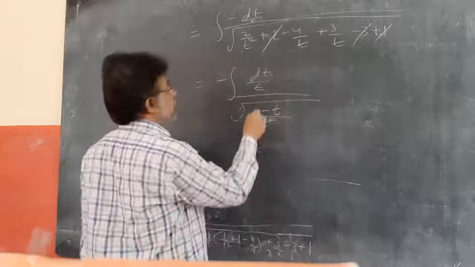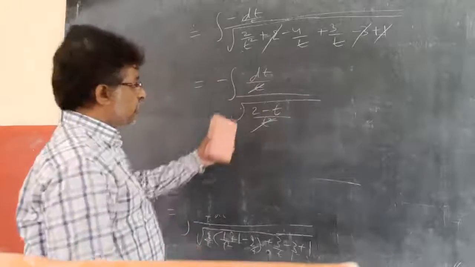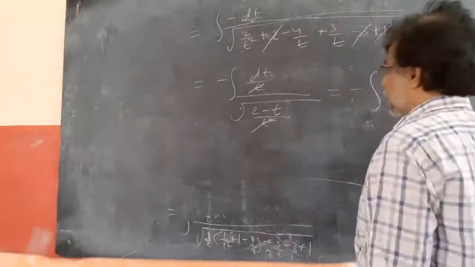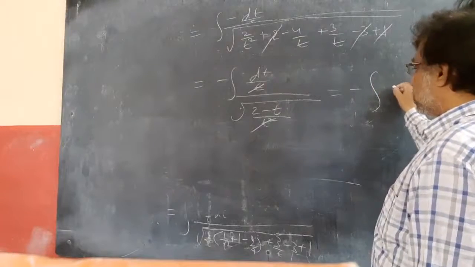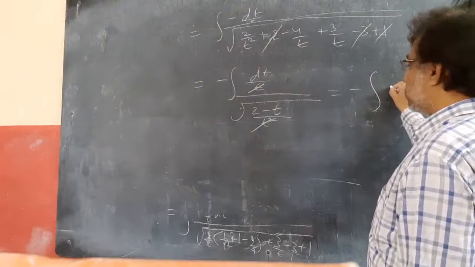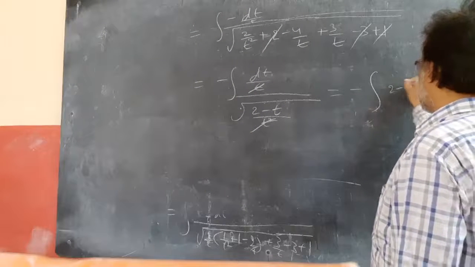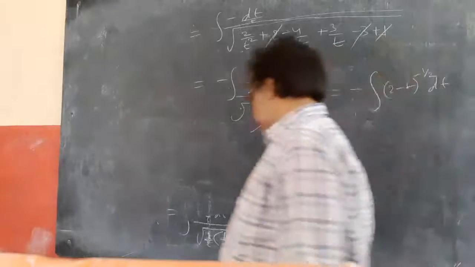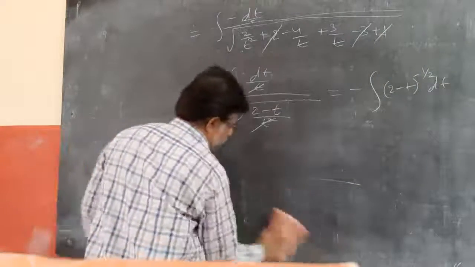This root of t square and t gets cancelled. Now simplify. This gives you the integral of dt by 2 minus t. So it becomes (2 minus t) whole power minus 1 by 2 dt. So this is equal to